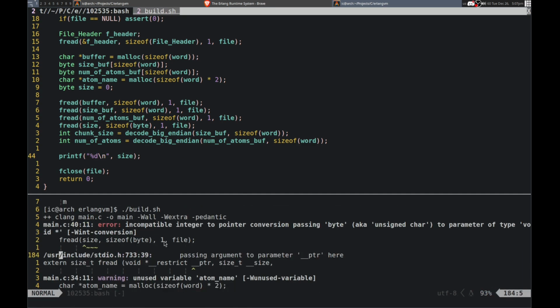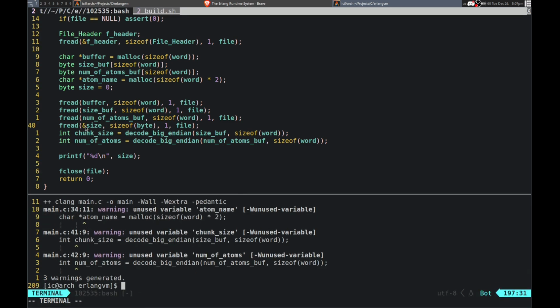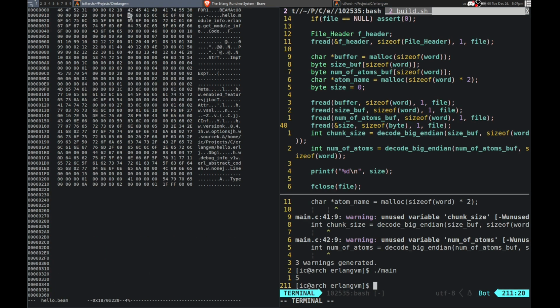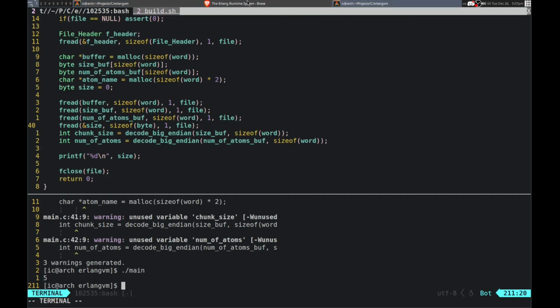Yeah, it needs to be a pointer, actually. 5. Okay, so that is then the amount that we have to read. Okay, I see. So we have to read 1 byte to get the amount to read after that.